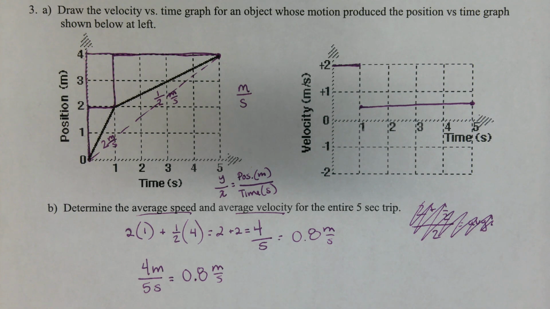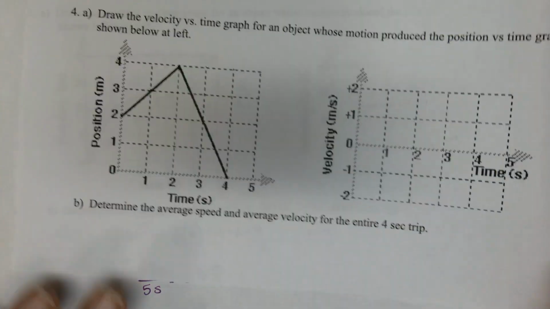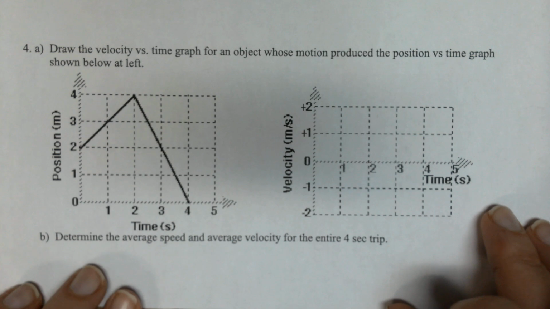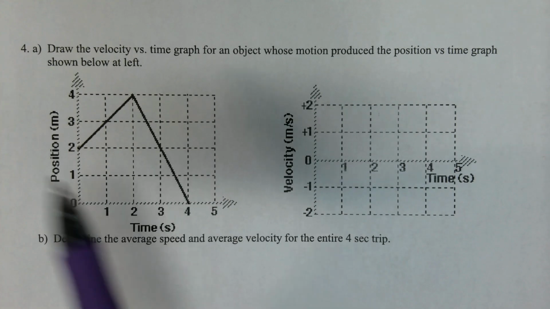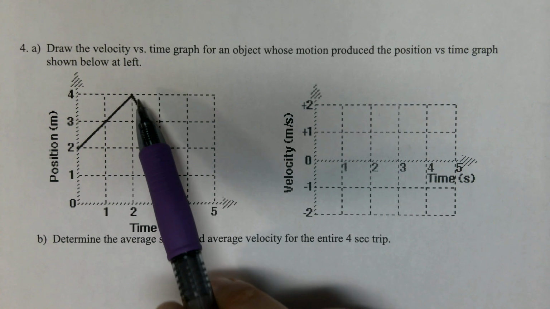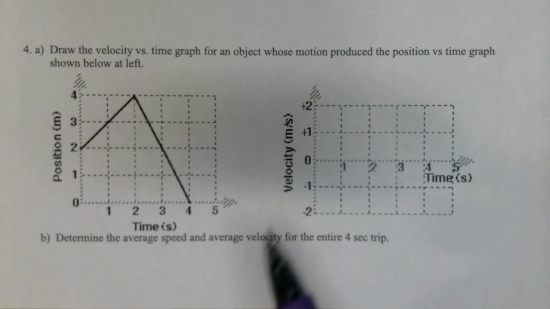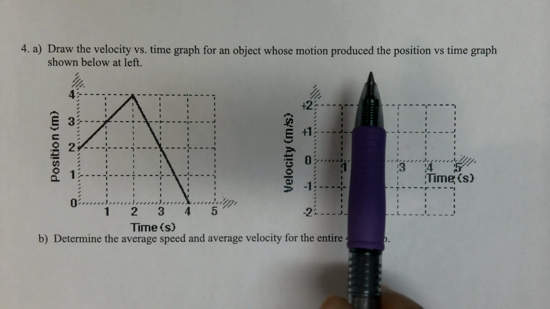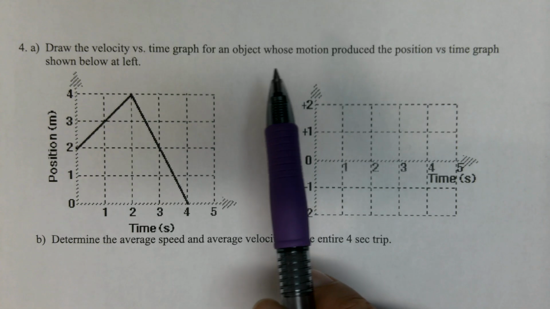Okay, we're going to try another question, similar but with some differences, but the same idea here. Let's take a look at this one. So, same questions, but the difference here is that we're going in one direction. When the graph goes downward, that means we turn around and go in another direction. So think of a number line. We're going in this direction at a certain velocity, and then we're going to go in this direction at a